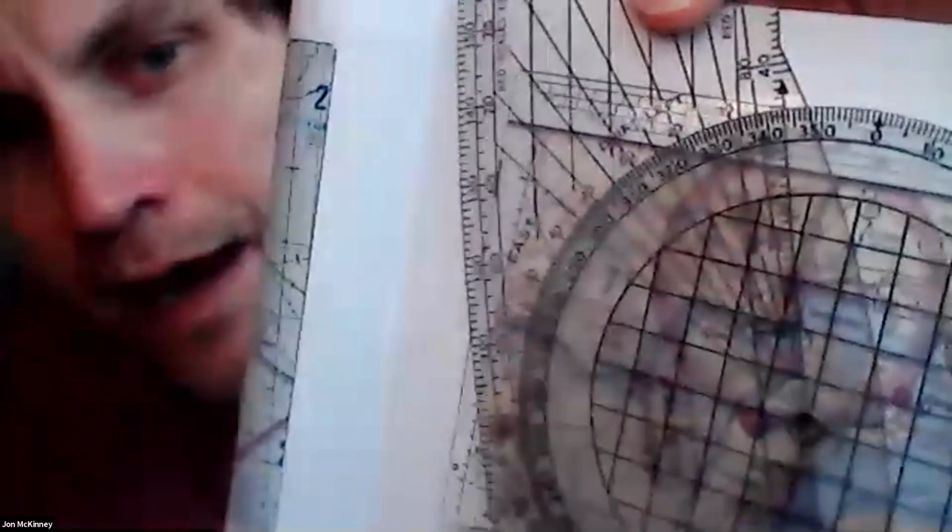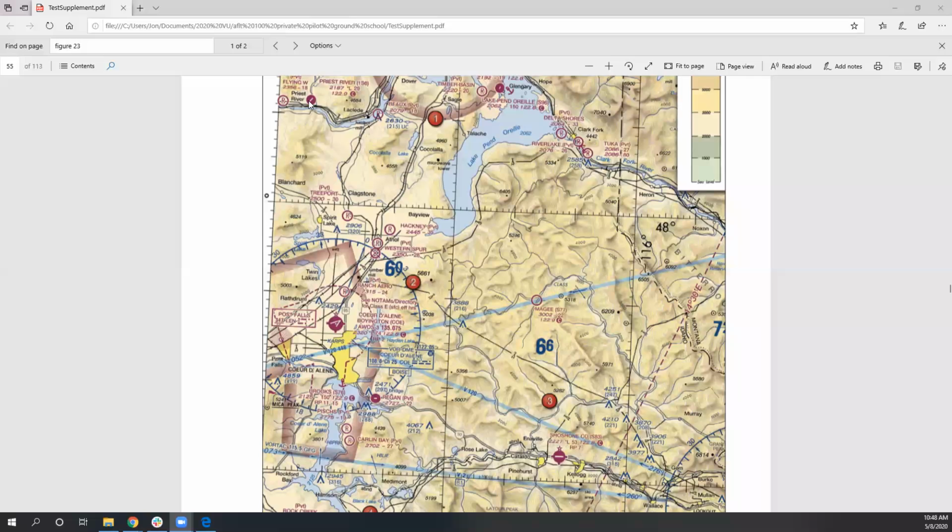Okay, so I'm going to click back over here to the screen share so you can see what's going on. So up here is the Priest River Airport. Down here, underneath my mouse, is the Shoshone County Airport. And if I could draw on this screen, I will use a draw straight line. You have to imagine that your route of flight is going to